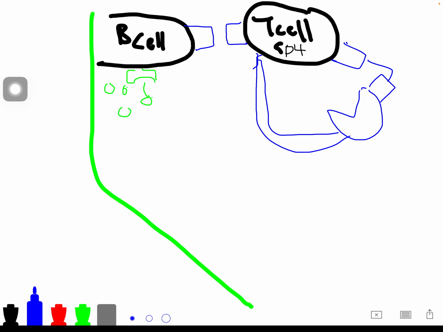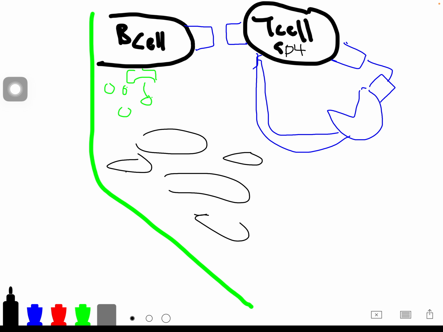The T helper cell now is an antigen presenting cell, and it's going to have a special receptor that's going to connect to the B cell. So we armed the B cell with the particles from the neutrophil. Now the monocyte is going to finish off the job by activating the CD4 cell. The CD4 cell activates the B cell, and then the B cell is going to differentiate into